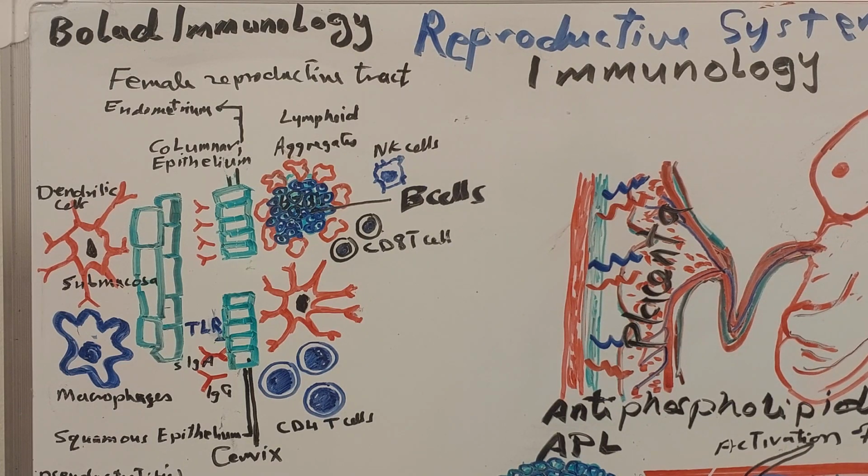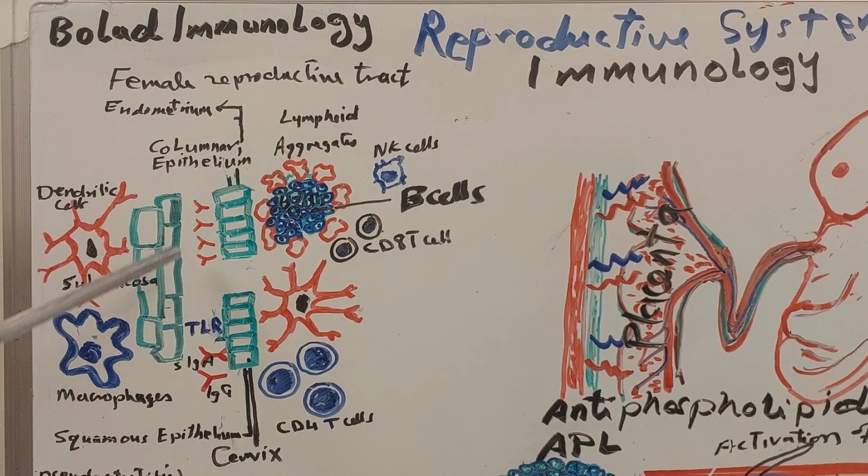So the predominant cells are T cells, macrophages, dendritic cells, and NK cells. However, B cells are present in aggregates, and it is rare to find B cells, but they are present, and we may find some